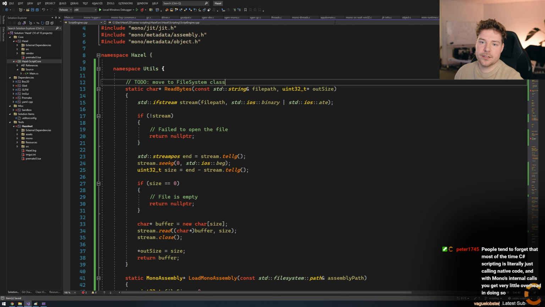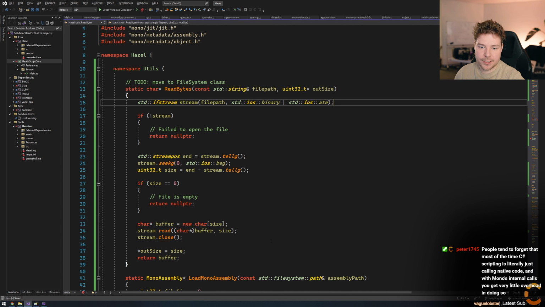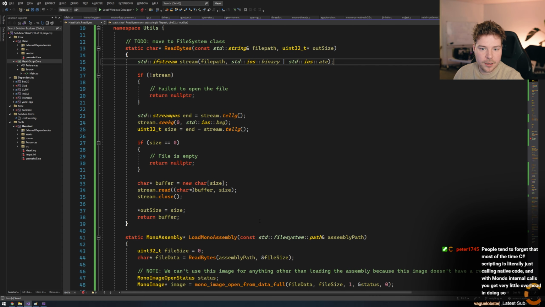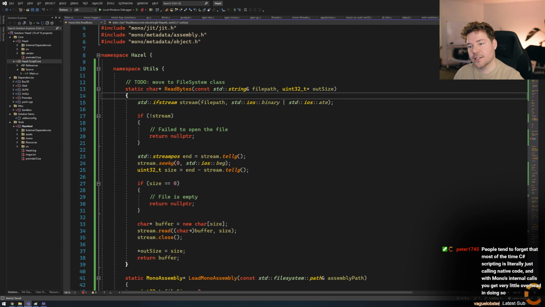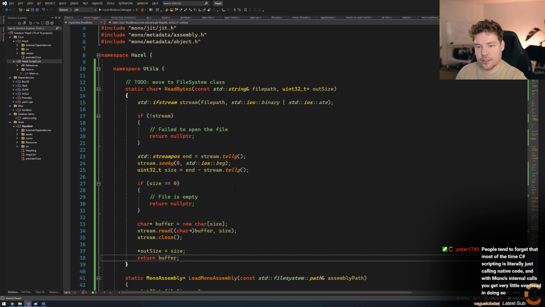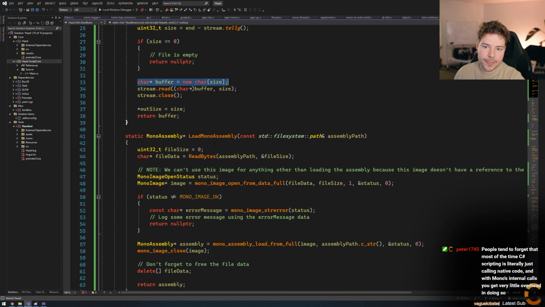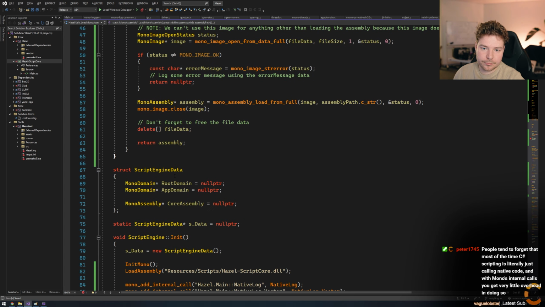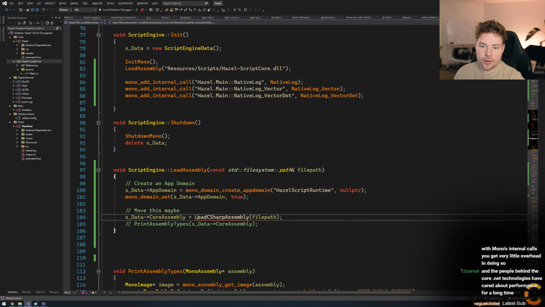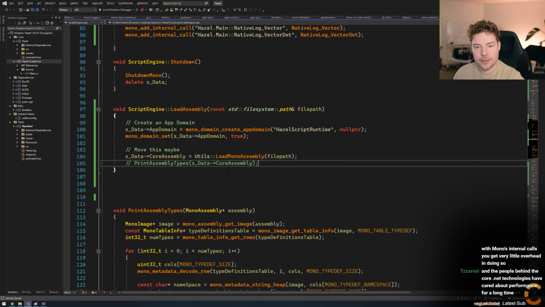I don't know if I'll call it file system, but we'll make sure that's something that gets moved, I think. You can see this is just generic: us reading all the bytes here and allocating a new buffer for them. So utils load mono assembly.